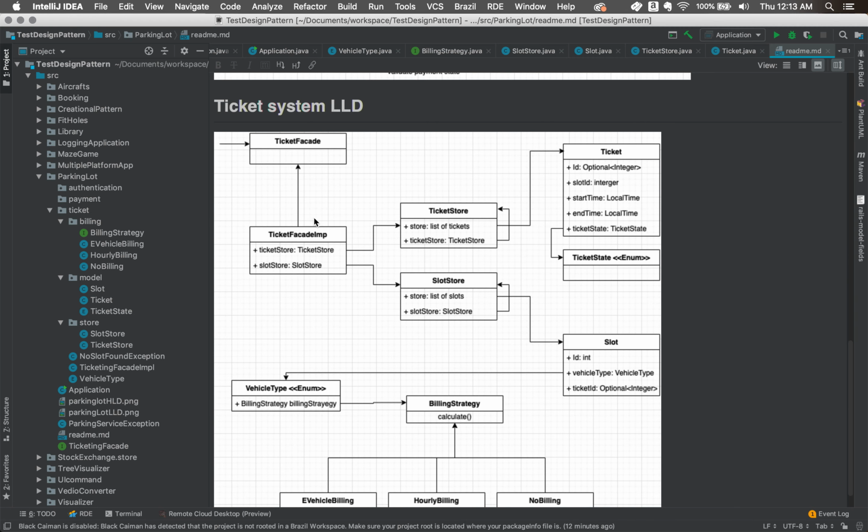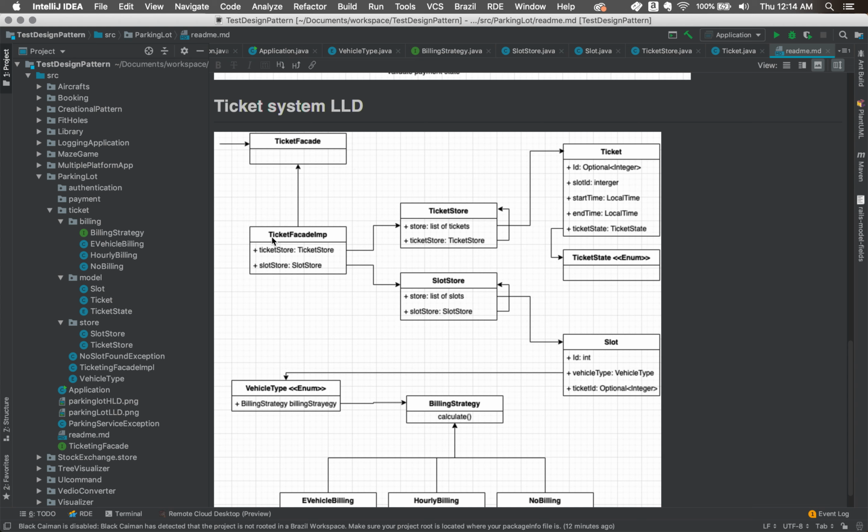The way I will explain the LLD is from the top-down approach. Whenever we see a design, we should see the 1000 feet view, like what we are seeing at a 1000 feet level. There will be only 2-3 components, and when we deep dive into each component, we will see more components. At the top layer, the customer facing component is a ticket facade. A ticket facade is a very basic entity that will hide all the complex computations within it, and it will showcase only a simple feature, which we will explain later.